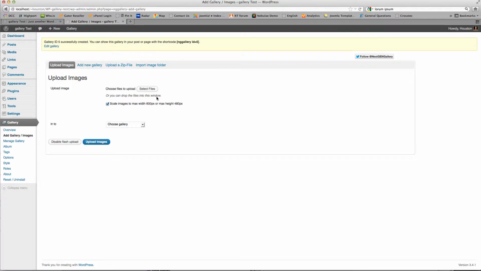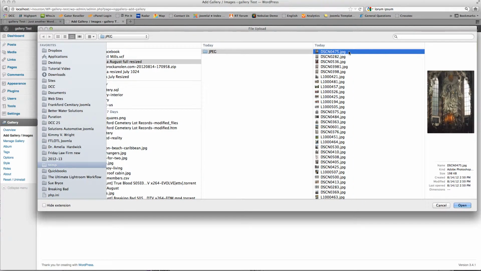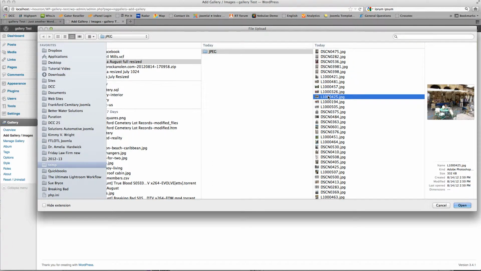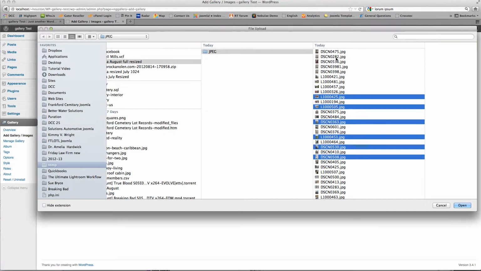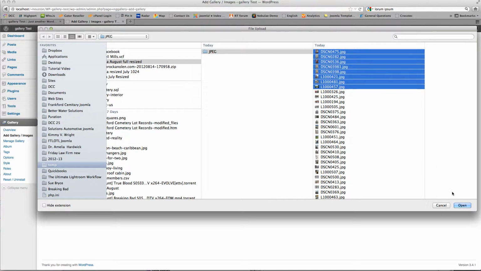So now let's go ahead and select the files we want to upload. I'm just going to select a range of images real quick. I'm going to start with this top one. I've clicked it, and I'm holding down the Shift key and clicking this so it selects all images in between. If you wanted to select different images, you would just click on one image, hold down the Command key or Control key on a PC, and click different images. But for this demonstration, I'm going to click the top one, hold down Shift, select these few images, click Open,